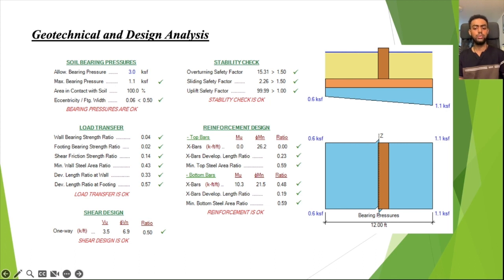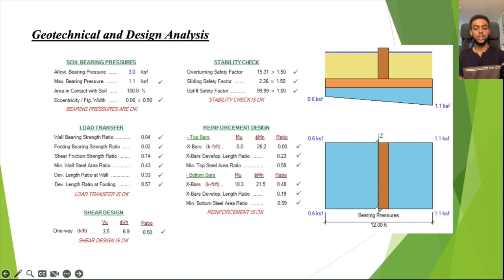The wall and the footing bearing strength ratio, as well as the bearing friction strength ratio, exceed minimum requirements. The reinforcement design, including the top and bottom bars, has been optimized to resist the moment and force exerted on the wall and footing. Moving to the material selection,